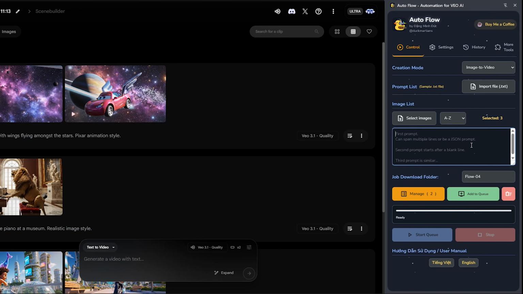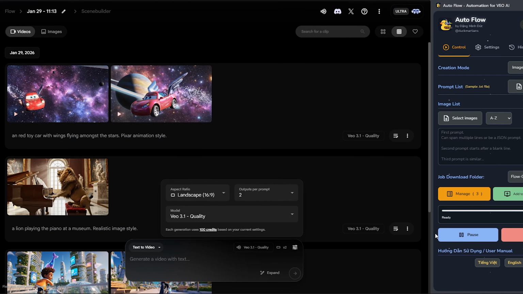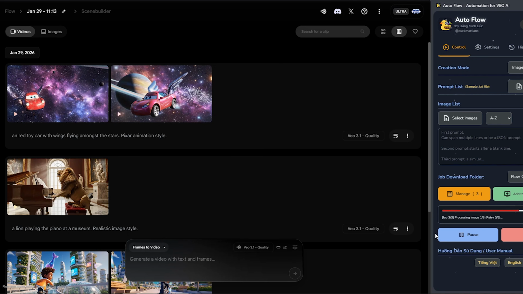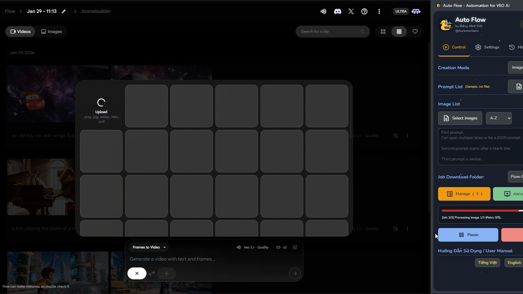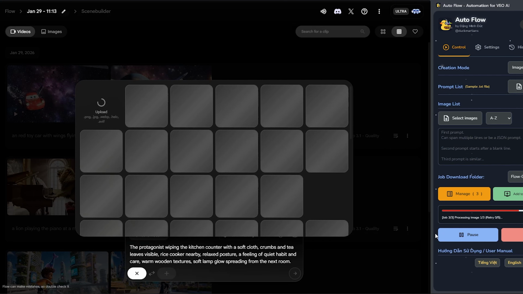Next, you need to add prompts for each image. The prompts should be added in the same order as the images. So for the first image, I'll add the prompt, leave a blank line, followed by the second image prompt. Just like before. Once all your images are uploaded and each prompt matches the correct image order, click Add to Queue. After that, start the generation and choose Run on this page. From here, the tool takes over. It automatically uploads the images, applies the correct aspect ratio, crops where needed, pastes in the prompts, and starts generating the videos. It completes the first one, then moves on to the second, and keeps going until everything is finished,